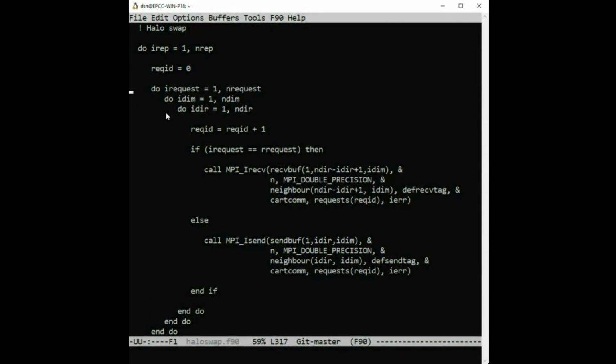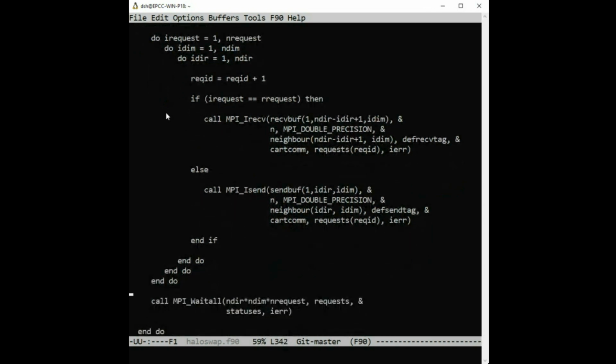This is basically whether you're doing sends or receives. Loops over send and receive which is 2. It loops over the dimensions, then it loops over the directions. So this is going to issue 6 receives and 6 sends. Okay, so it basically loops over, and then non-blocking, so it'll issue them all, stores them in a little array, and at the end, so this is just initializing the communications. Okay, they actually happen at the wait all.